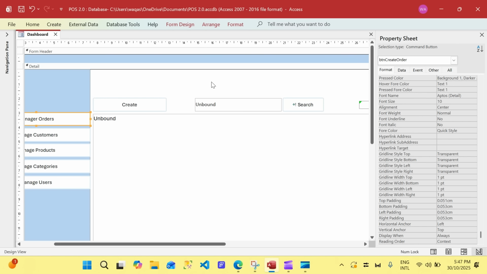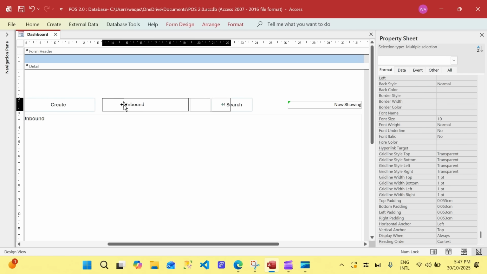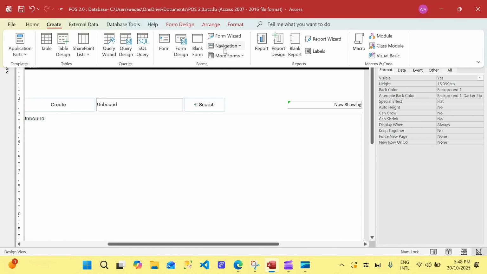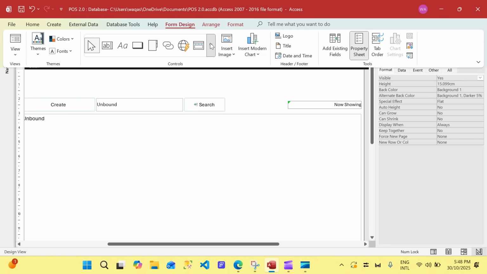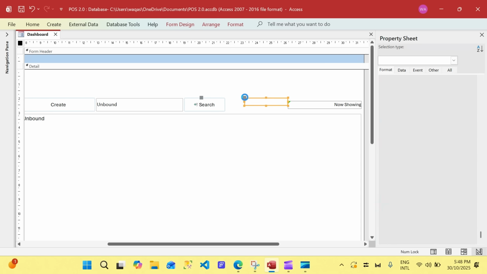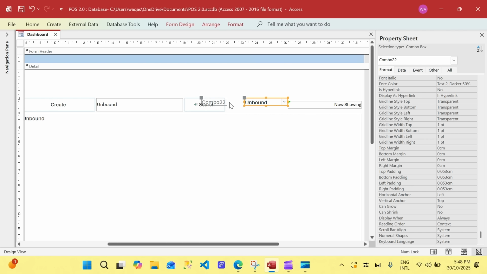Now, obviously, we will have a drop down right here. That drop down can be used for month and year as well. So let's bring that drop down so we can actually build that functionality right away. So we'll go to the form design. And why I'm bringing the drop down, if you haven't figured it out yet, I will definitely show you. I will definitely let you know later. Okay, so let's cancel this and let's